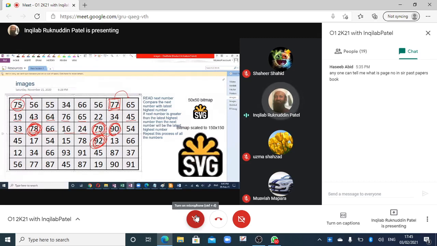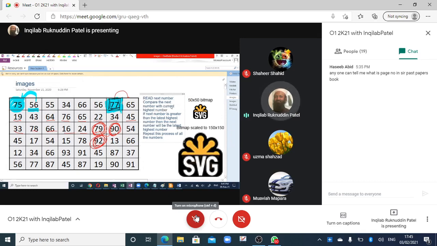When we started reading, the first number was the highest number. We think that this is the highest number because we haven't read all the other numbers yet. Then we read the next number and compare it with the latest highest number, and so on. If this number is greater than the previous highest number, it will become the current highest number. You may say current highest number or latest highest number or whatever you are using, right?